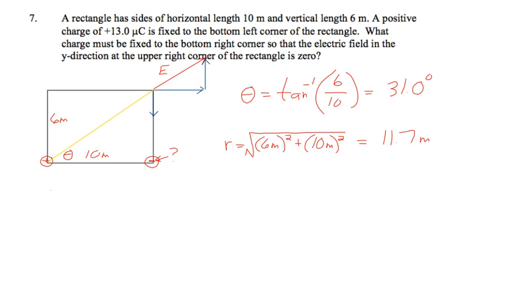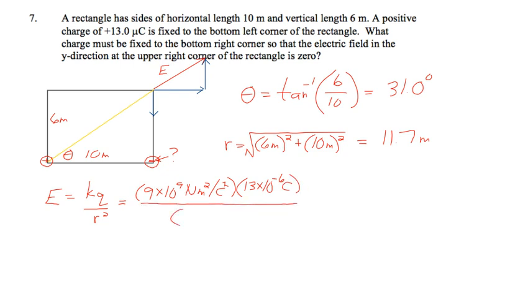Well, we have a formula. Electric field equals KQ over R squared. And we have all those numbers, so we can put them all in. K is 9 times 10 to the 9th newton meters squared per coulomb squared. That's Coulomb's constant. And the Q is given in the problem as 13 microcoulombs, so I'm going to write that as 13 times 10 to the negative 6 coulombs. I'm going to divide that by the distance between where that charge is and where I'm looking at the